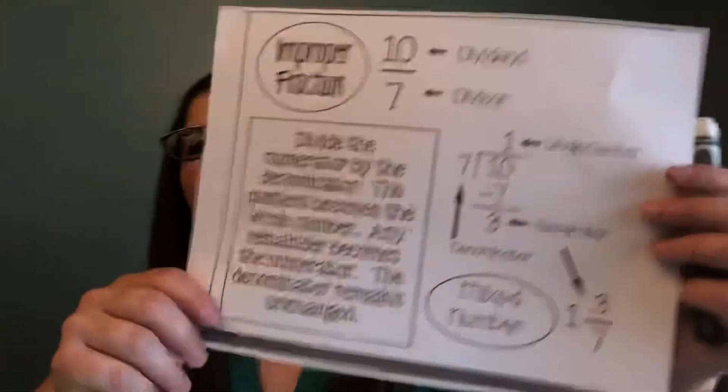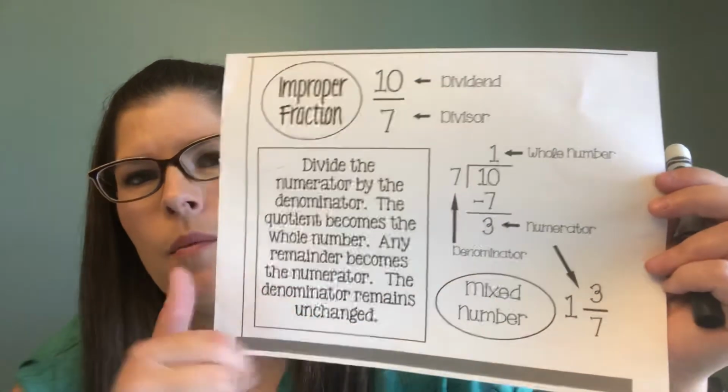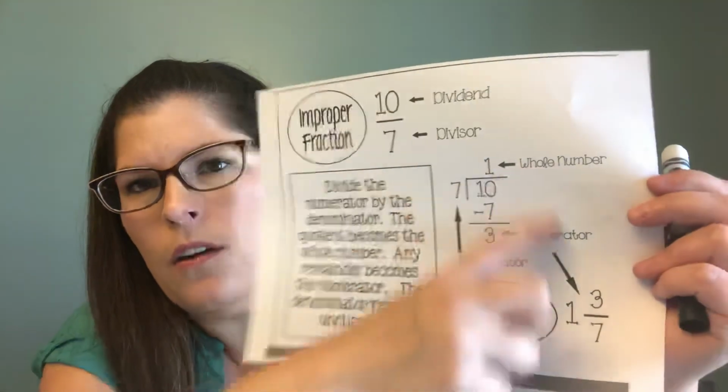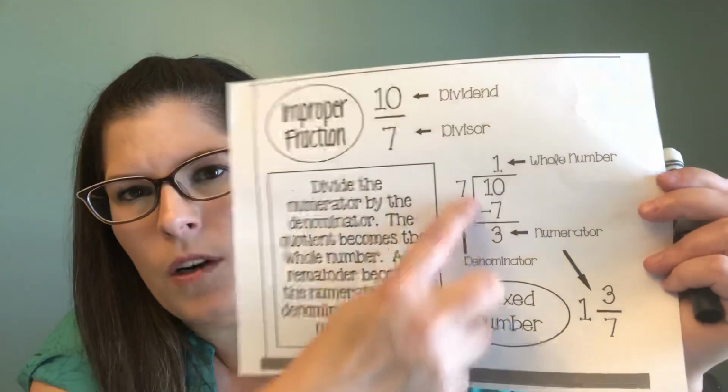Number 16, Juan rode his bike 2/3 of a mile to school, 1/3 mile to the library, and 2/3 of a mile home. How much did he ride all together? This is going to be one of those, you're gonna add the pieces, and then you're going to change it from an improper fraction to a proper. Improper to a proper. Here we go. An improper fraction, you're gonna convert it to a mixed number by dividing that denominator into the numerator here. Your new whole number is going to be this number, your quotient answer. Your denominator is